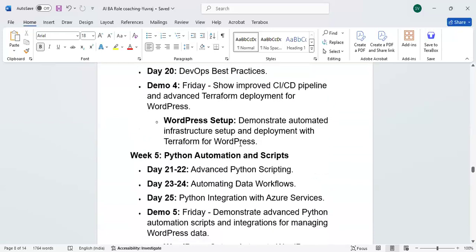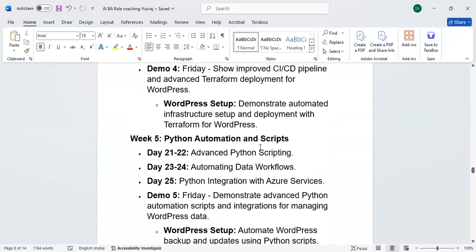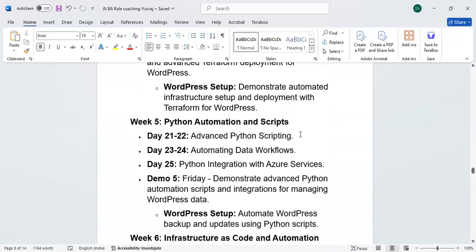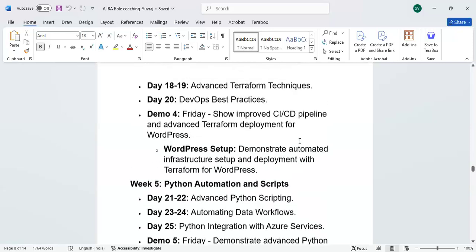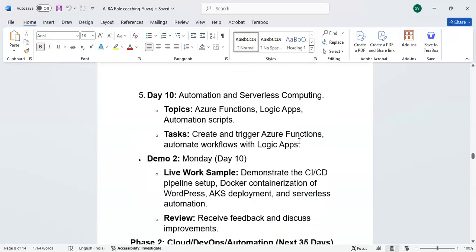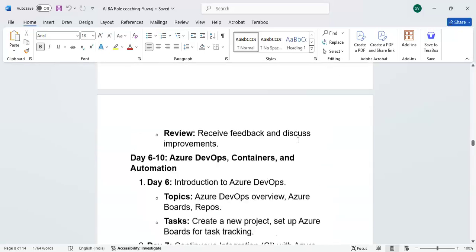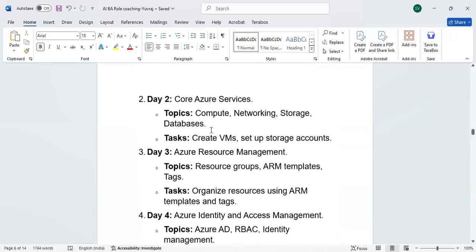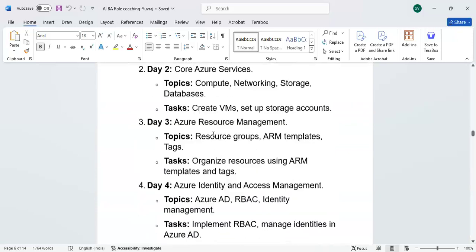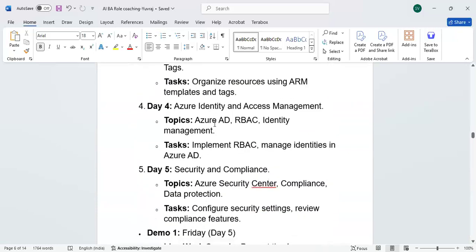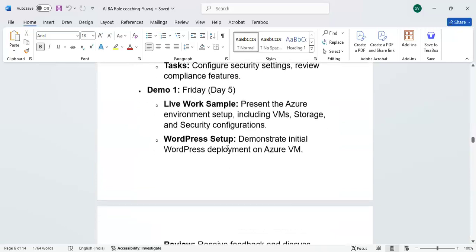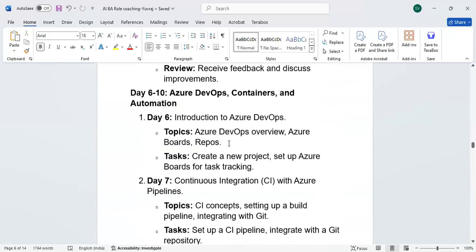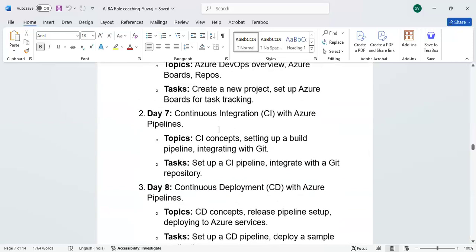Then later, week 5 onwards, you're going to learn Python automation and scripts. For that, I'm going to give orientation also through ChatGPT. See, for every topic, at the same time, you are going to work parallelly with ChatGPT, which I'm going to train you incrementally how to write the scripts, how to write the AI prompts and how to get the scripts, and how to leverage your AI prompts according to the given scripts to get the solutions.